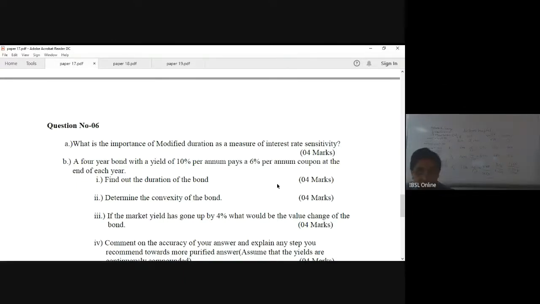I don't know whether you have done it. So if you do it, then it is good practice for you. Otherwise, in the examination, you might